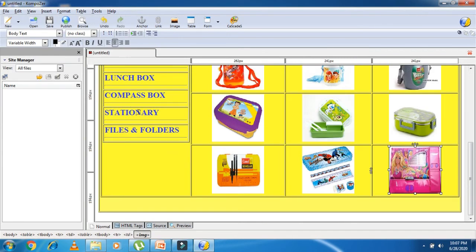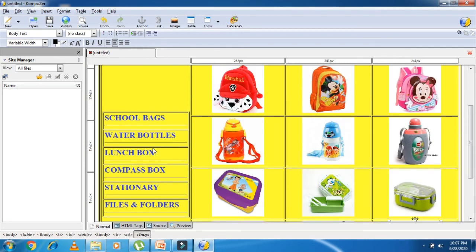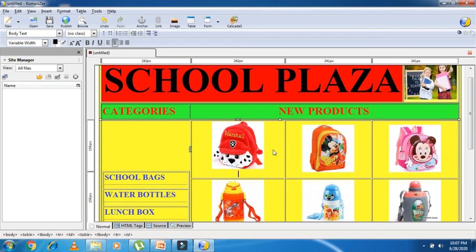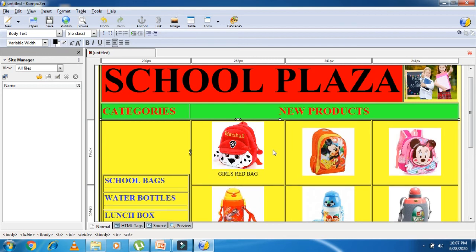The rest of the things we will add later on. Now we have to add the product name, price, checkbox and text box here. So press enter, and first I'm writing girls red bag. After that I want the price, so rupees 500.